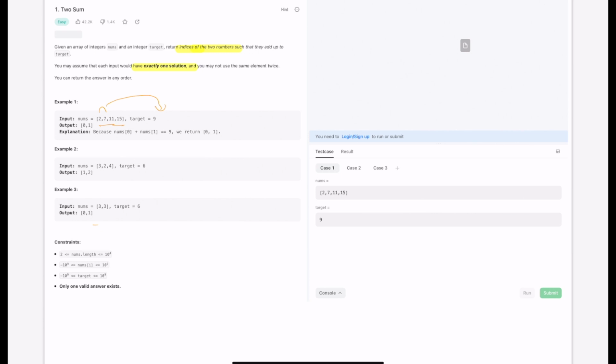target 9. So the index value of 2 is 0 and the index value of 7 is 1. So the output should return 0, 1. Looking at example 2, the element values are 3, 2 and 4 and the target value is 6. When you add 2 and 4, the sum will be 6. So the index value of 2, which is 1, and the index value of 4, which is 2, should be returned